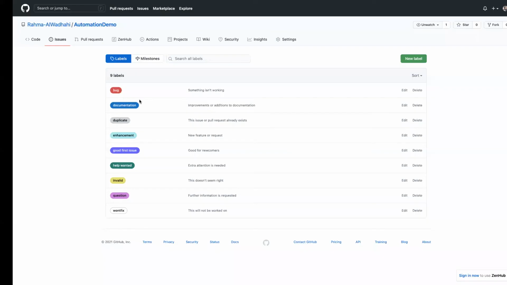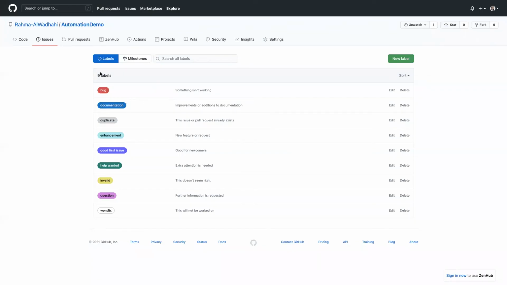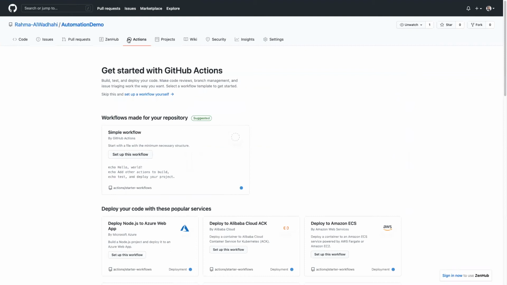So once we have pushed it to GitHub, you notice here we don't have a change. There are still 9 labels, but now when we go to automation demo,